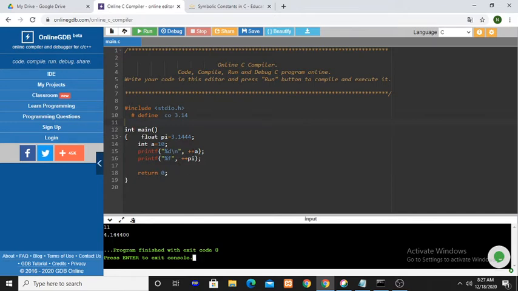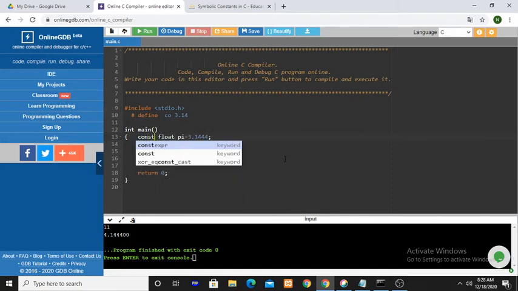Now see the value of a. It is displayed as 11, incremented by 1, and the value of pi is incremented by 1, displayed as 4.1444. We are changing the value of a and pi also.